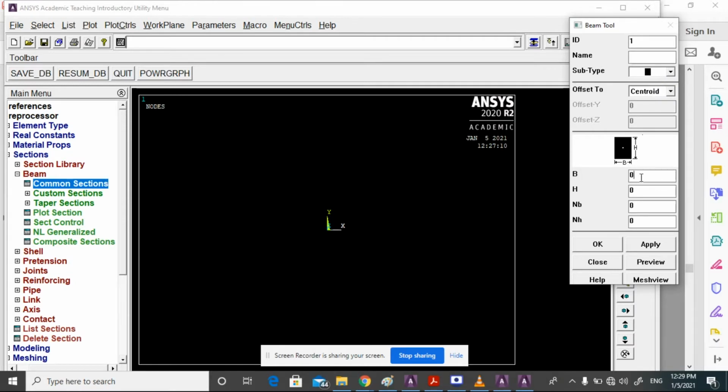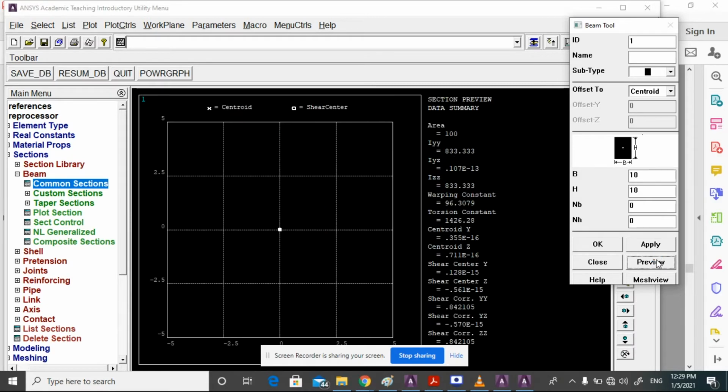centroid, and give the 10 comma 10 preview.